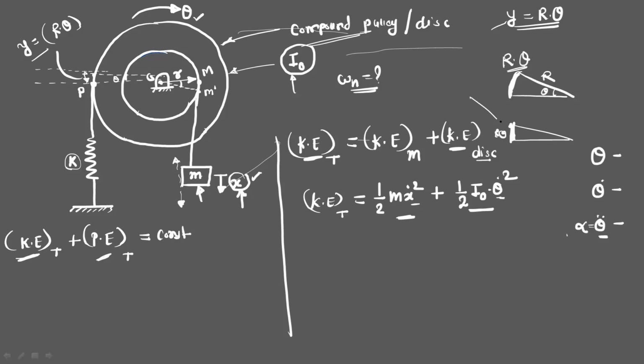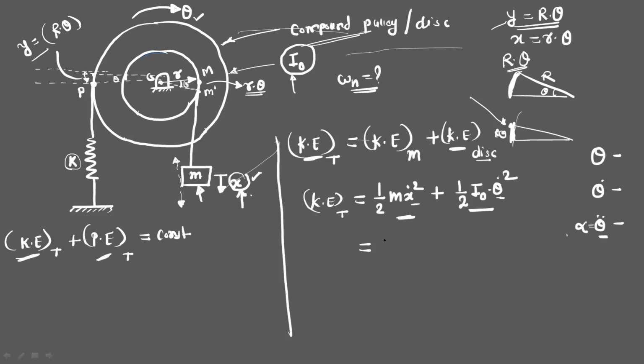You can take this example: for a very small angle, a curve will appear as a straight line. So this will be a straight line m m dash, this is angle theta, and this radius is r. So this displacement is small r into theta. So we can take x is equal to r theta. This is the second relation, small r into theta. So we have y is equal to R theta and x is equal to r theta.